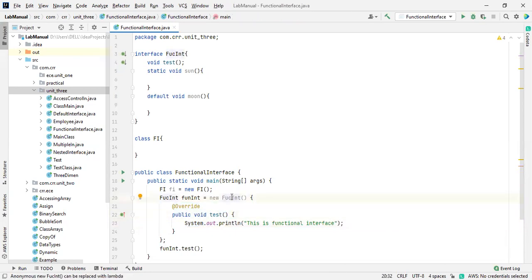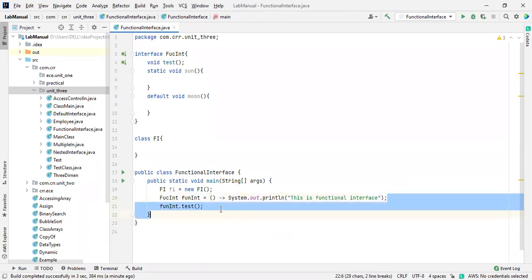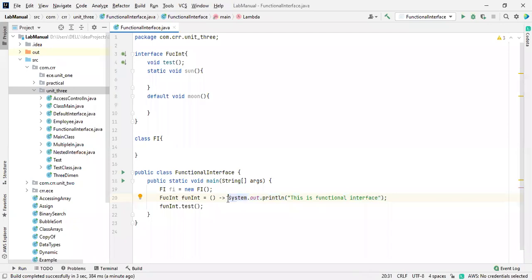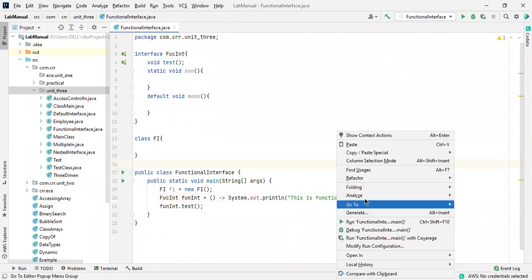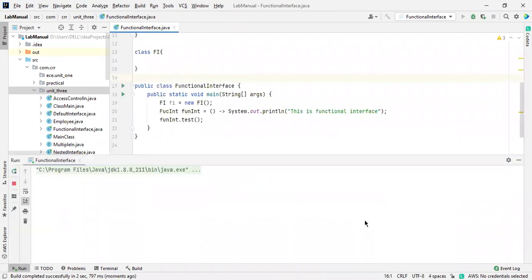For your information point of view, this is also available in Java 8 only, not 7. So this is a method, and inside a method, I'm having the println statement. This is enough. This is what we are discussing about the functional interfaces. Okay, there are some specific functional interfaces available inside Java. We'll discuss only 3. Okay, let me run this program. See, this is how we are going to use a functional interface to reduce some code.